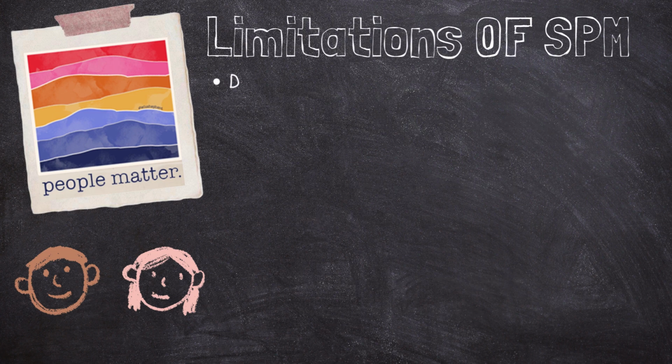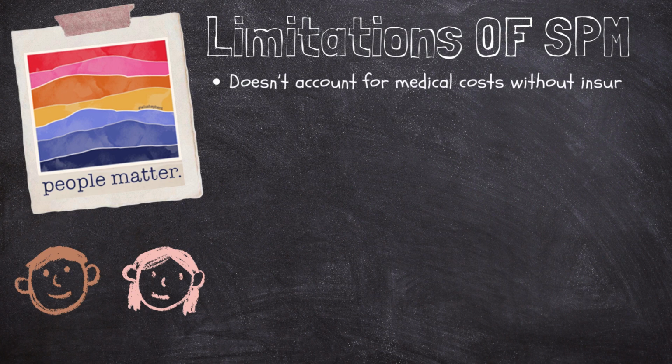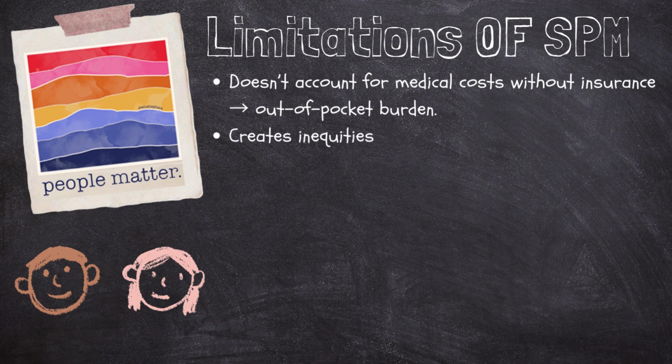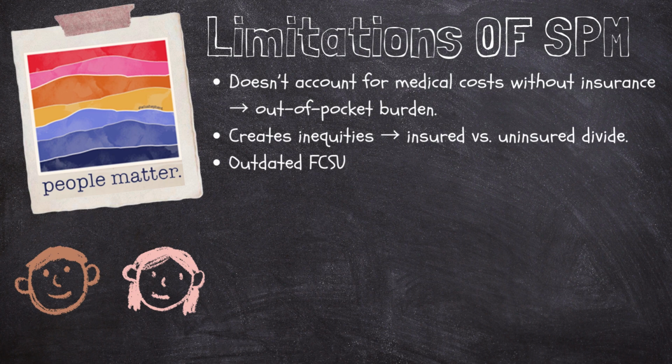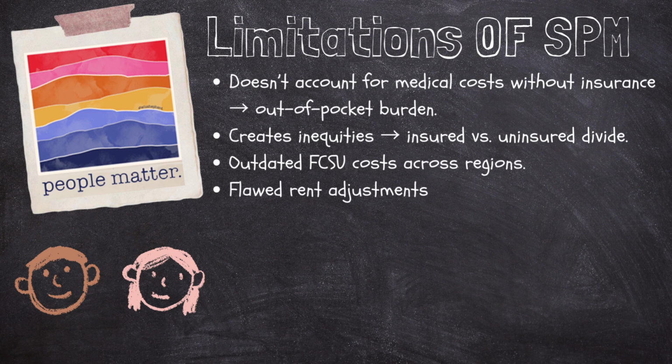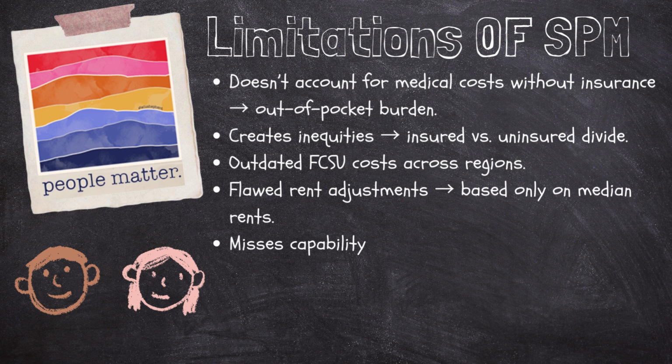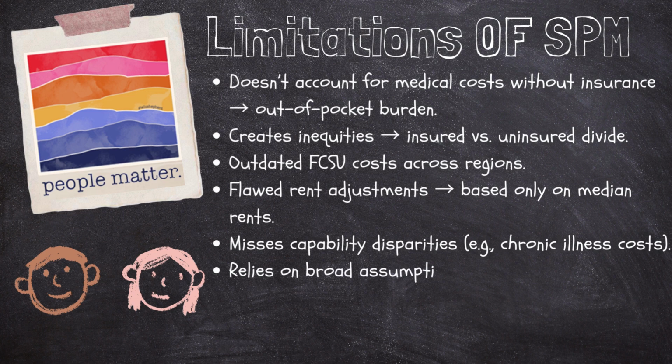SPM's limitations. While the SPM provides a strong baseline measurement as a poverty metric, it has several limitations that need to be addressed. One limitation is that the SPM fails to account for the value of financial aid related to health and medical expenses without insurance. As a result, individuals without health insurance must pay all of these costs out of pocket, reducing their overall purchasing power compared to those who receive government aid. This creates inequities across the population, drawing a divide between those with insurance or government assistance and those without, and